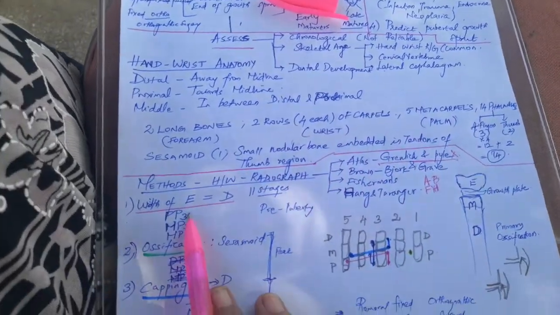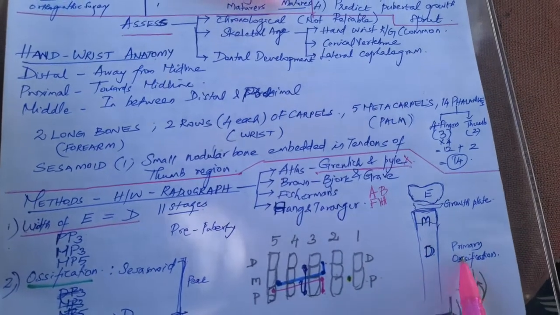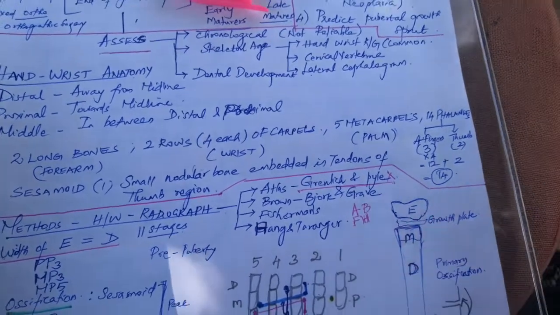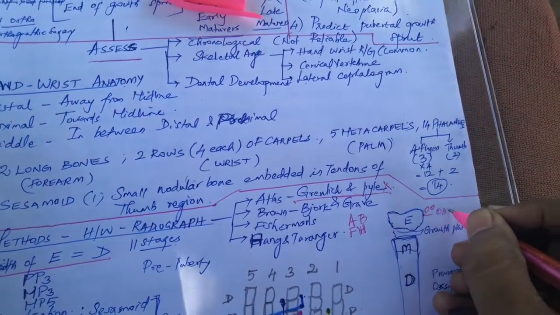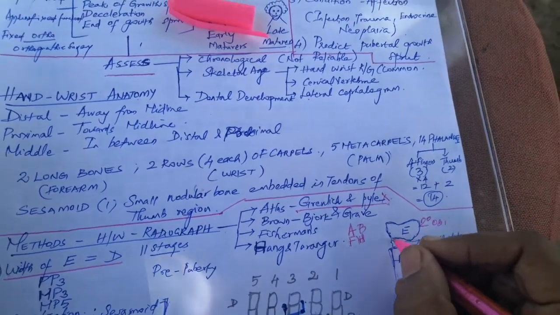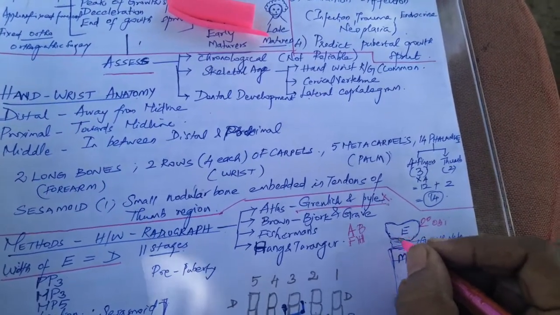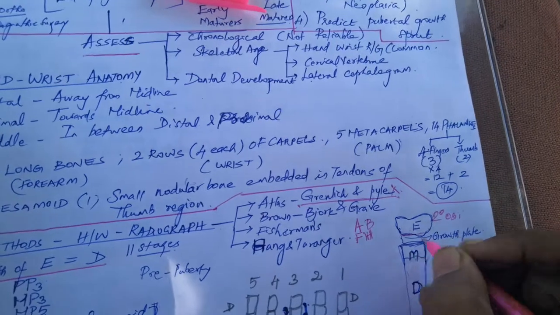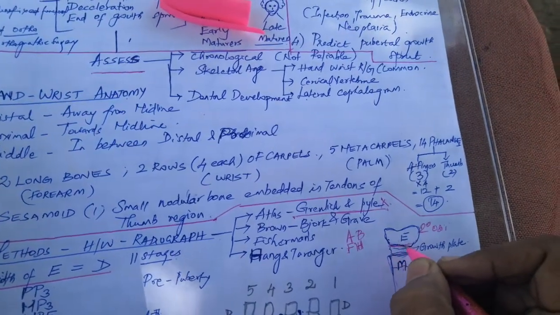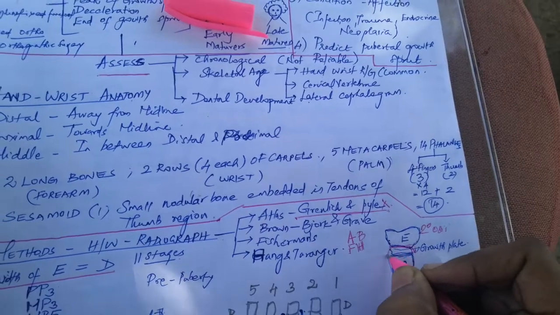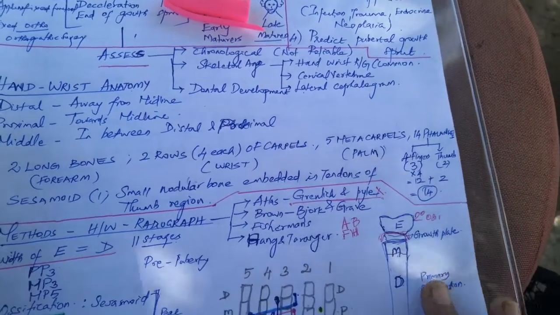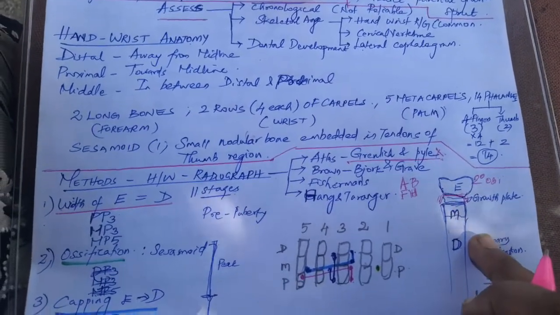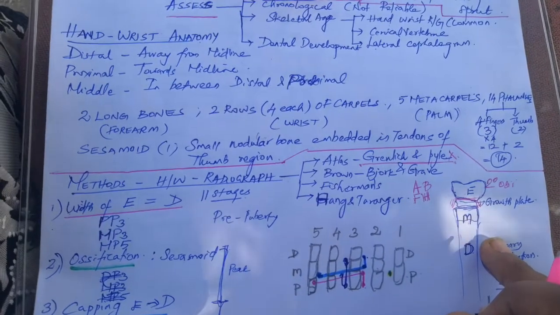So these are the things we have explained. Also, you have to know there is a primary ossification center called the diaphysis, and a secondary ossification center called the epiphysis. We will be seeing the proportion of width between the epiphysis and diaphysis, whether it is equal or whether it is just covering it like a cap, whether it is fused. This will determine the stage of bone growth, which indirectly says how mature the patient is to go ahead and do a treatment plan.